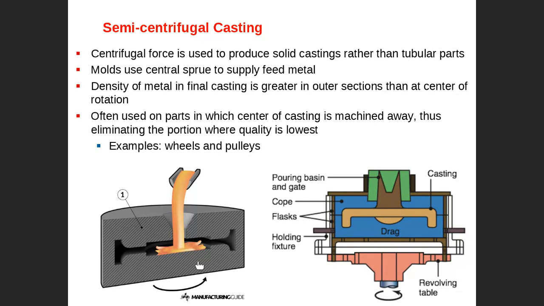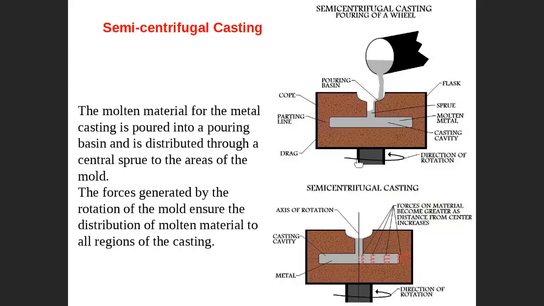Centrifugal force pushes the liquid to fill the cavity perfectly, creating a higher density or fully dense casting, a low porosity casting. This is the main reason. So in what we call semi-centrifugal casting, centrifugal force is not essential, but it helps the casting process. Here again, you put the liquid and the mold is rotating. Whether we rotate the mold or not, the cast will happen. But when rotating the mold, you get a fully dense casting, low porosity, and higher quality,